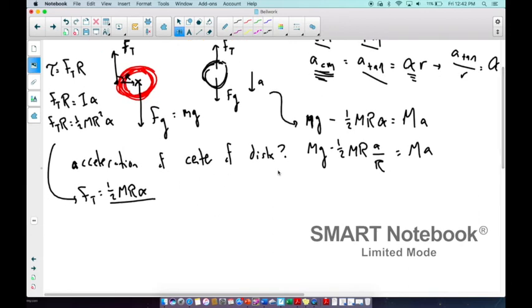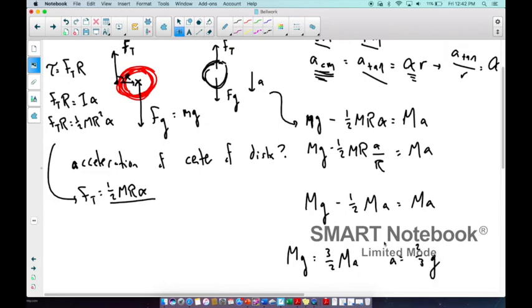Just like that. And now I can solve this for A. Big mg minus 1/2 ma equals ma. Add 1/2 to both sides, I get big mg equals 3/2 ma. A is going to equal 2/3 g. So there is the acceleration of the thing